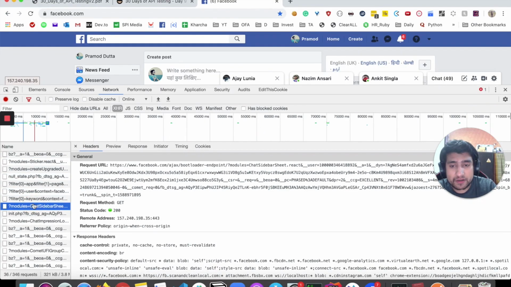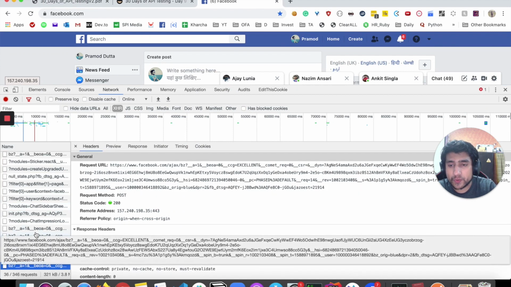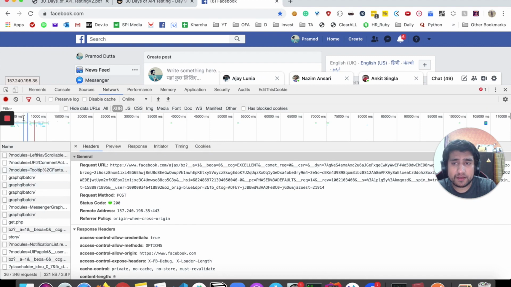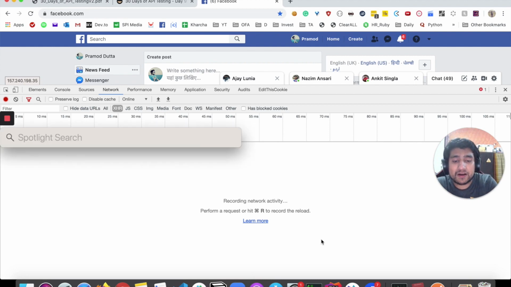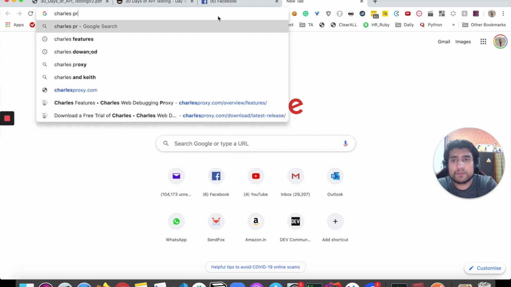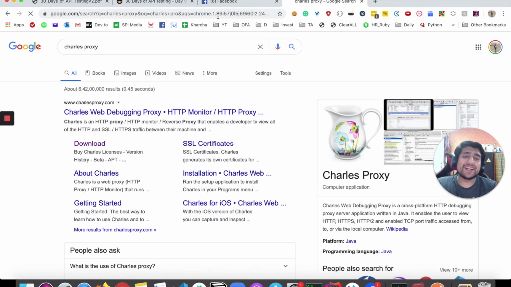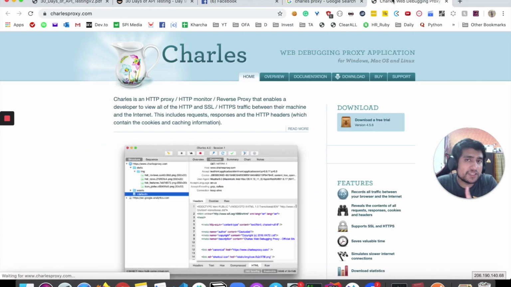Similarly, you can have multiple calls like GET, POST. Most of the time, it's a POST request. So this was a tutorial about the Chrome DevTools. Now let's see another tool called Charles Proxy. What it can do is behave in a similar way. It can basically create a proxy environment where all the API calls go through the browser, even your operating system, and it can basically interact with it.